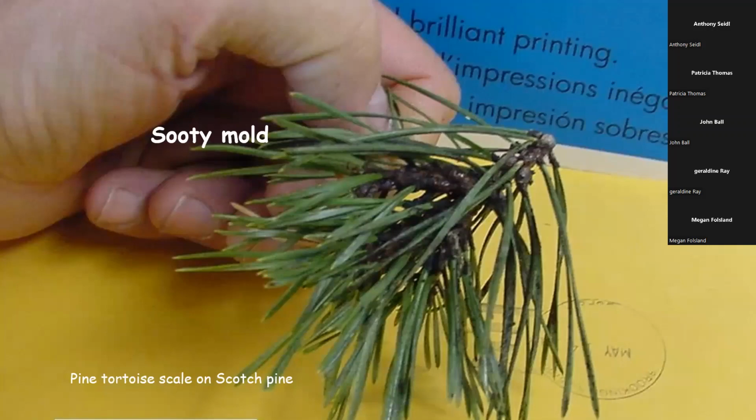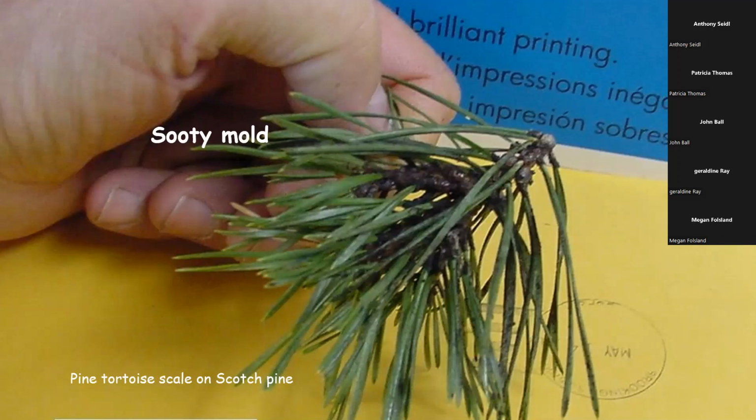The other thing is not only do ants like this honeydew, there's sooty mold, a fungus really, that likes to feed on it as well. And it's a very, very dark, almost a powdery black substance. And you can see it here. Now there's also scales in there. You see the little shiny ones. Those are the pine tortoise scales. And we'll chat about them a little bit later on. But since they're a soft scale, they're also producing the honeydew. And that sticky substance is a food source for the sooty mold, which is developing on it.